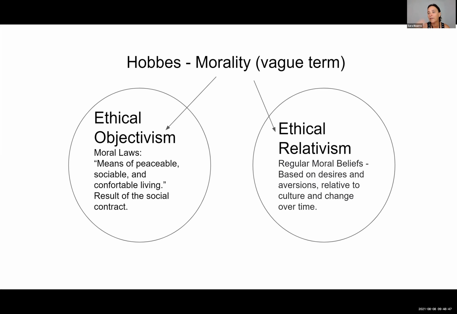On the other side, regular moral beliefs that people have, his theory is that those are just based on aversions and desires, and they're just sort of psychological inclinations that are completely relative. They could be relative to social status, culture, country, and even, like he says, diverse on the same. I love that when he uses the word diverse. It's different for the same person over time as well. So it's completely relative. So he kind of breaks the waters in there and puts the objective moral law in whatever facilitates peaceful living.